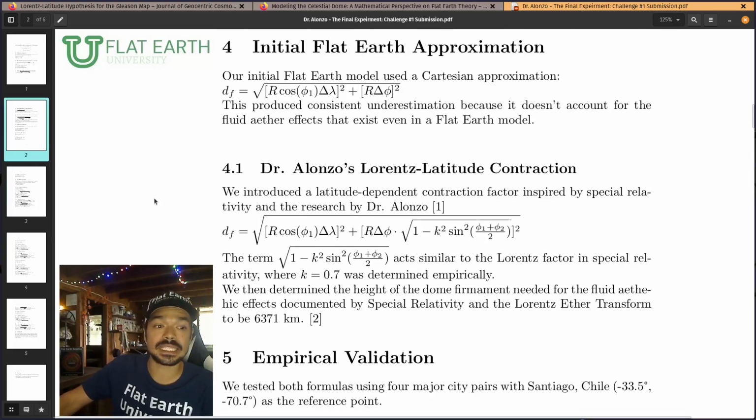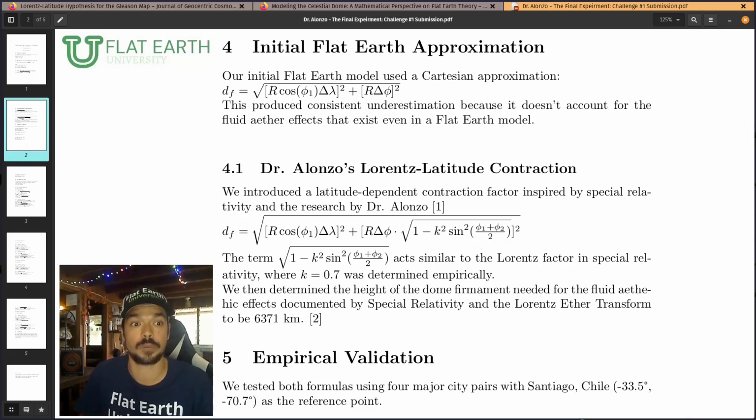Citation 1 is that we realize we can't do just a basic Cartesian approximation. Why? Well, that's because we know that there is a fluid ether that exists within our universe, not a rigid ether. That's been disproven through many experiments like Michelson-Morley, and over time we learn that the idea of a solid ether can't exist, and what actually exists is a fluid ether that seems to actually drift at about 15 degrees